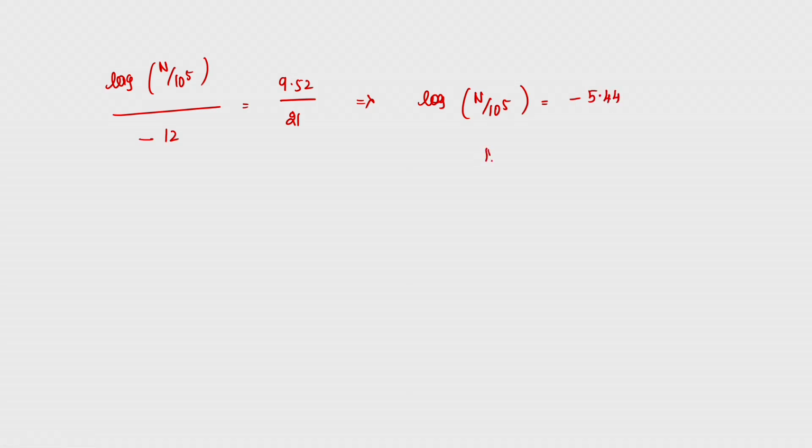So, this becomes minus 12, which is equal to 9.52 divided by 21 minute. Here 9.52 minute, here it is 21 minute. So, this becomes log of n upon 10 to the power of 5, which is equivalent to about minus 5.44. So, then n is almost 0.3 cells per gram,